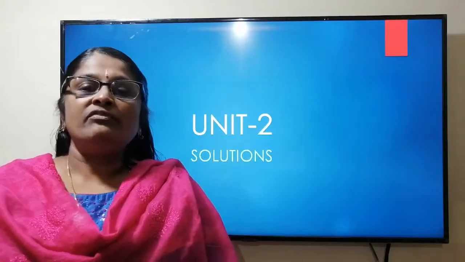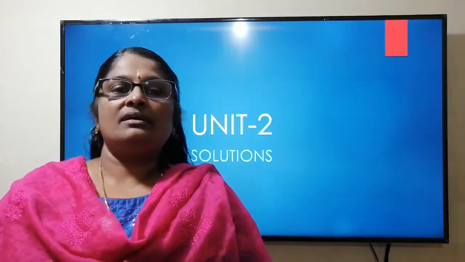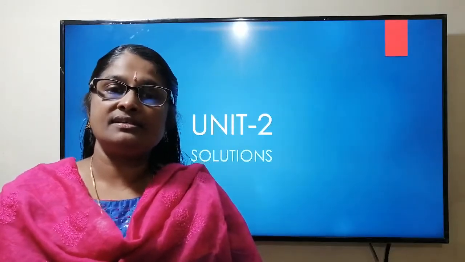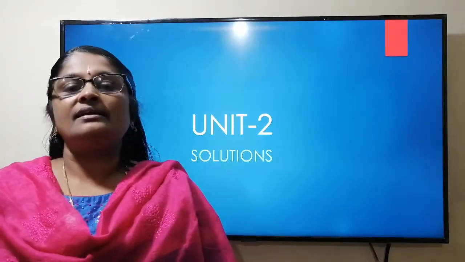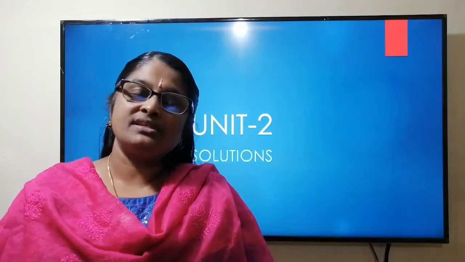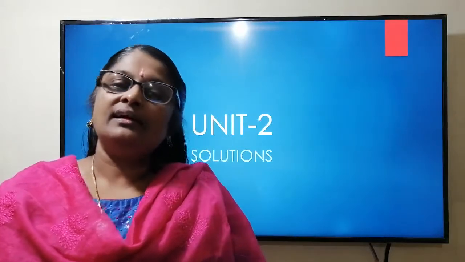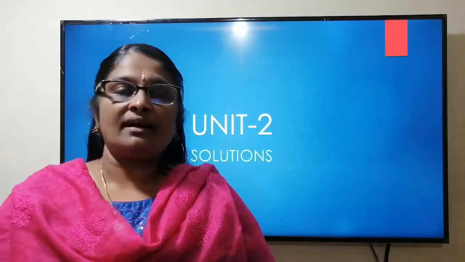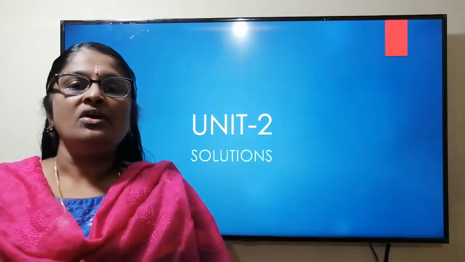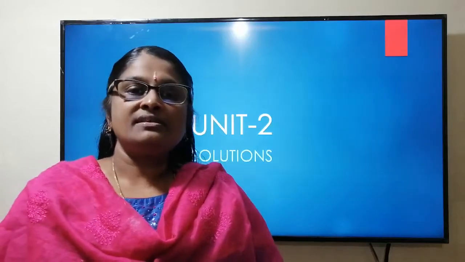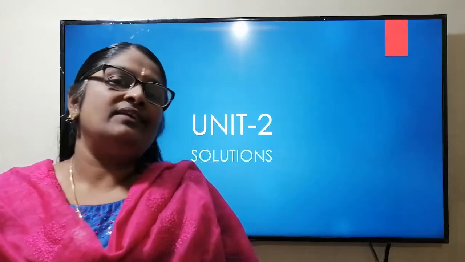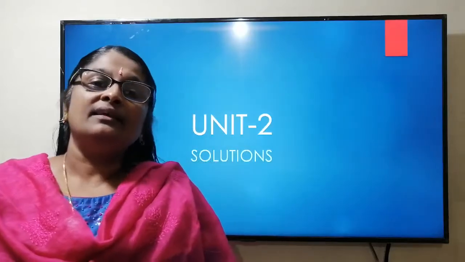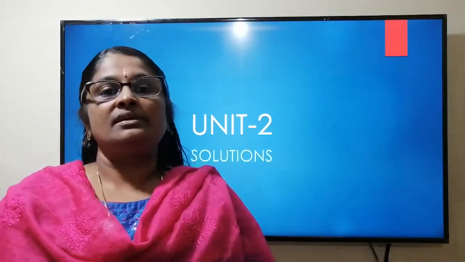In the previous video, we mainly focused upon two types of solutions, that is ideal solutions and non-ideal solutions. Non-ideal solutions are again categorized into two, that is showing positive deviation from Raoult's law and the other one showing negative deviation from Raoult's law. These two are very important. The graph also you just study to draw, and the conditions which make them, why logically we say that they undergo positive deviation. What is the reason behind that? All these things are very important.